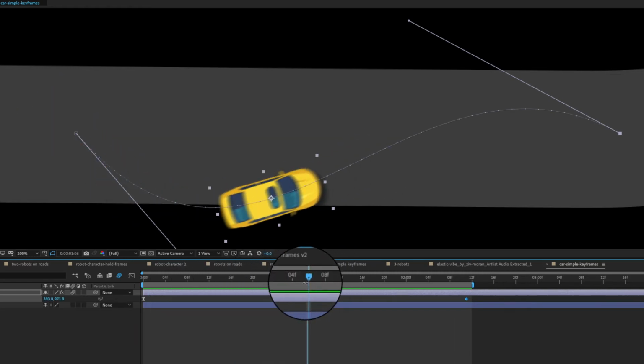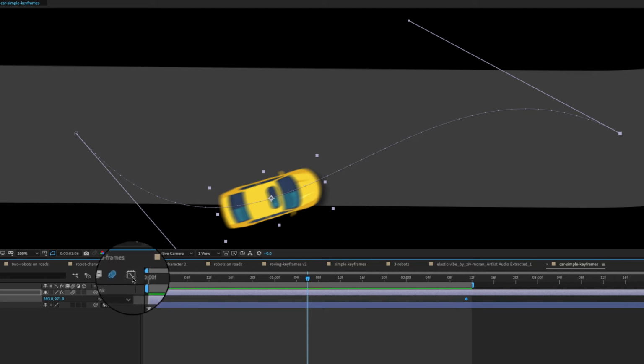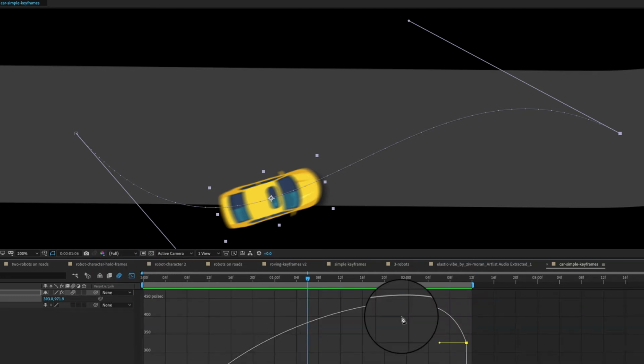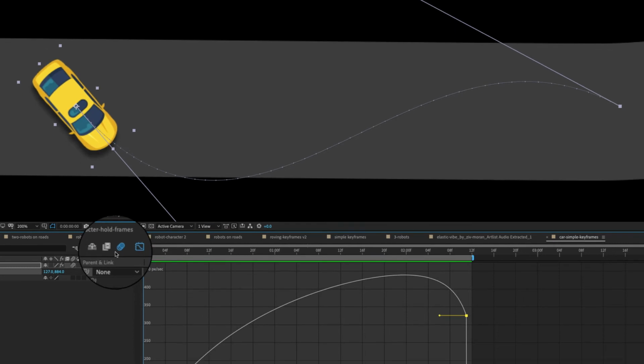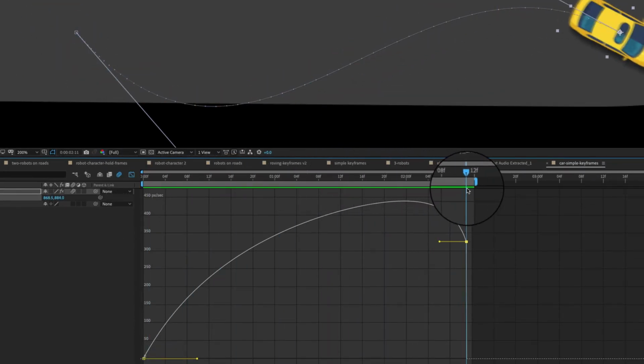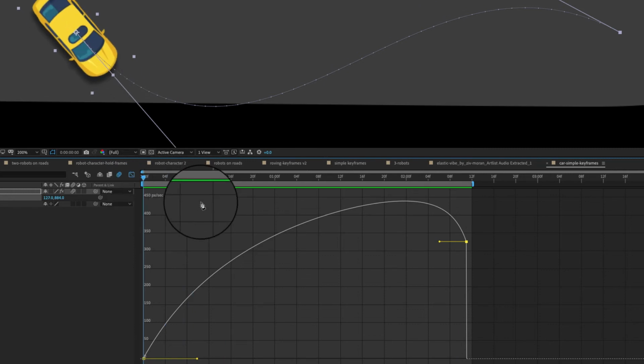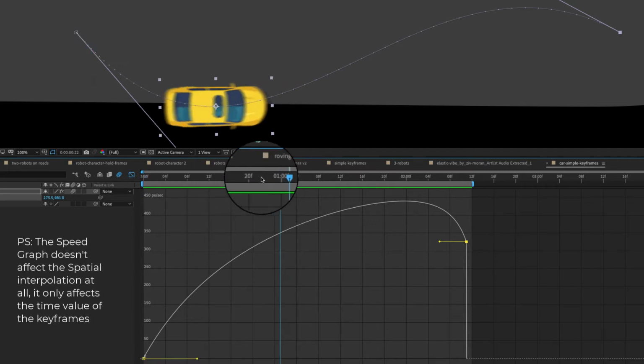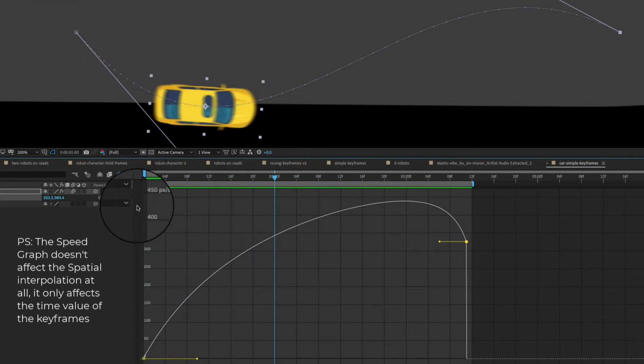Now what we're going to do is look at the graph editor. The graph editor is a visual way that you can see those paths over time. So if I click on this little button down here, you can see that we've got this idea: we've got slow, ramping up, and then slow again. Now the graph editor has a couple of different graphs that you can use to change your interpolation. So at the moment this is what's called a speed graph. A speed graph is used